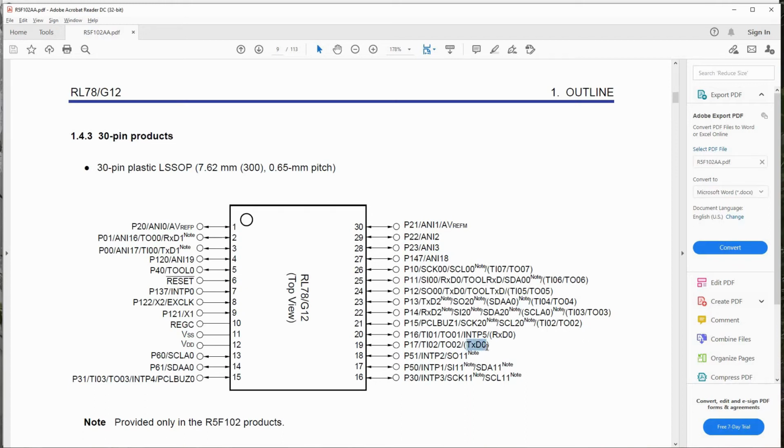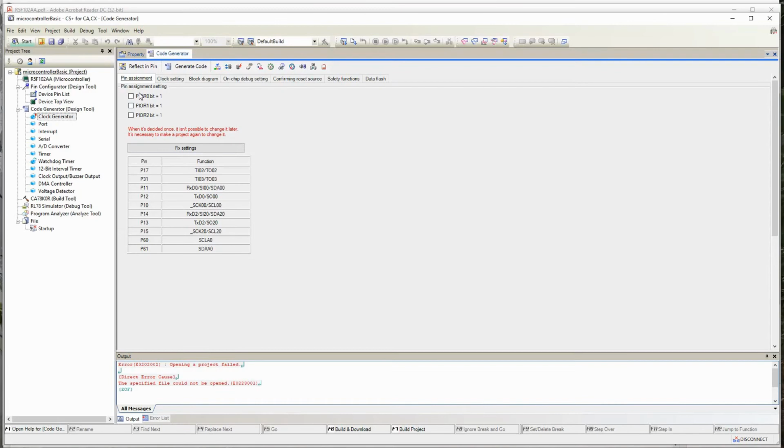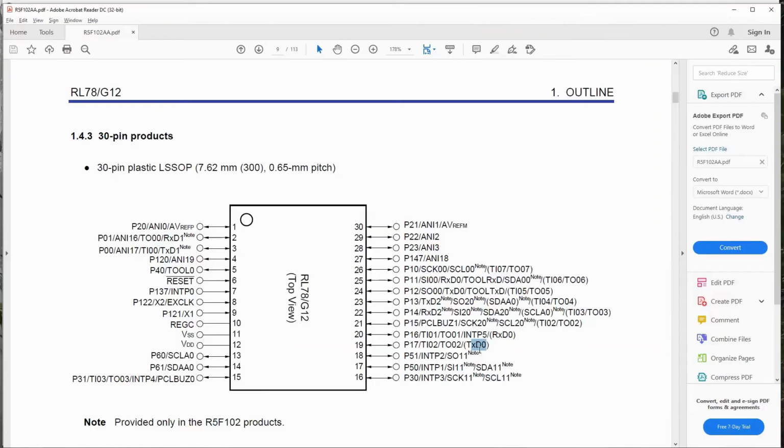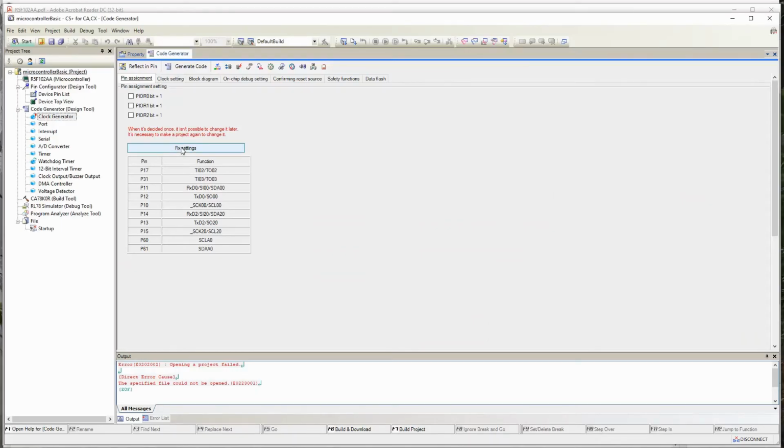For example, TX0 is in brackets, but the primary port is this one, so by default it will be on this port. By selecting certain configuration bits, the TX, that is UART channel 0, can be shifted to this port. So by using these bits, you can move to different pins wherever the options are available. It's not only with UART communication, it is there with I2C and SPI as well. Let's not worry about it now. Let's use whatever the default pin configuration is.